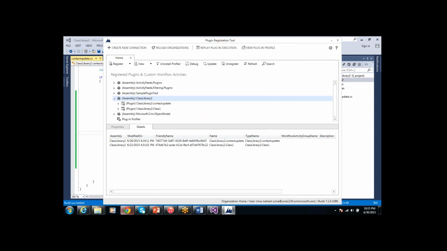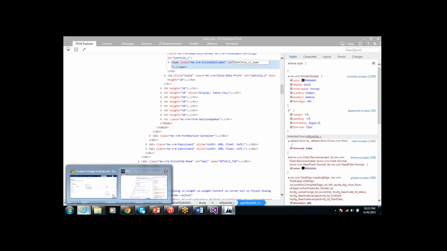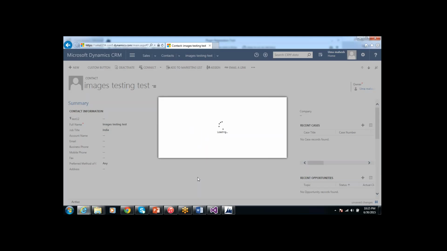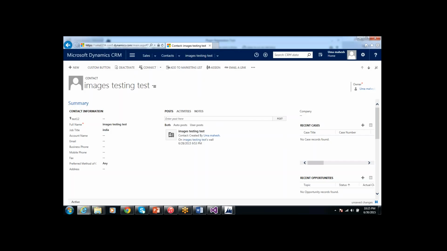Is that updated again? So I am trying to update it again. It is retrieving this image testing. Currently only one record is matching that condition.